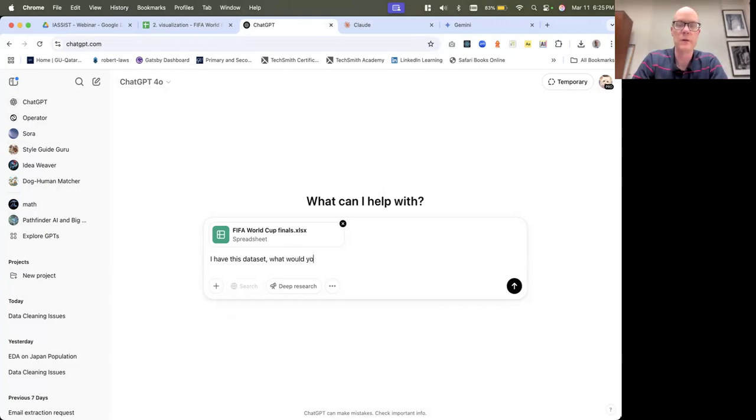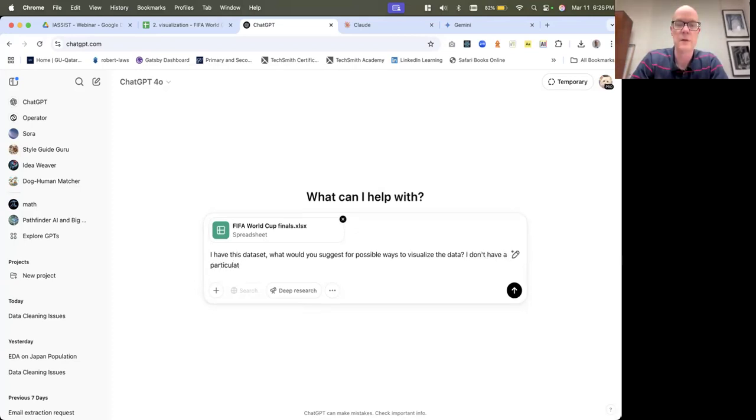What would you suggest for possible ways to visualize the data? I don't have a particular goal in mind. I just want to explore.